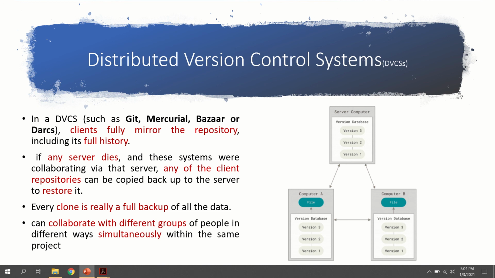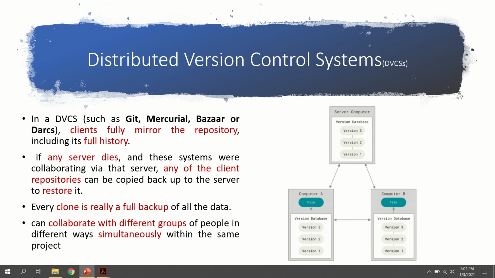Its advantage is that whenever the server fails, there is nothing to worry about, because one copy of the server system is there in every client system. So we can restore the current value of the repository from any of the clients, and thus we can continue our work.